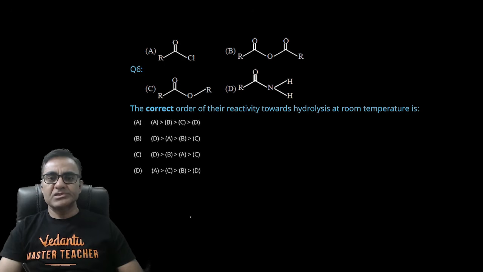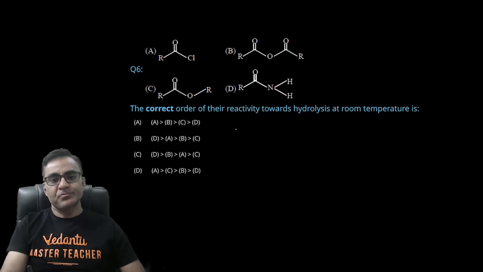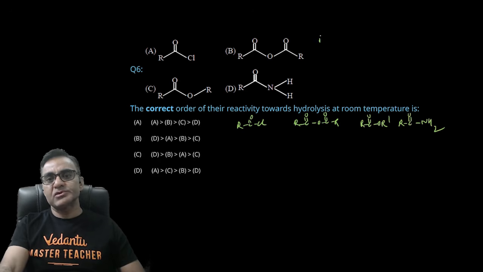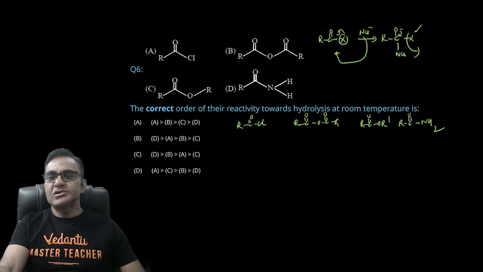द करेक्ट ऑर्डर ऑफ देयर स्टेबिलिटी, देयर रिएक्टिविटी टुवर्ड्स हाइड्रोलिसिस एट रूम टेम्परेचर. देखो, आपका एसिड हैलाइड, then acid anhydride, then ester. ये जो 4 एसिड के डेरिवेटिव्स होते हैं, इसमें अगर मुझे रिएक्टिविटी निकालना हो, क्योंकि सब में जो मोस्ट कॉमन रिएक्शन होती है वो होती है SN2TH, लाइक न्यूक्लियोफाइल आया और टेट्राहेड्रल इंटरमीडिएट बना RCO-X न्यूक्लियोफाइल, और ये फिर यहाँ से निकल जाएगा। तो ये जितना अच्छा लीविंग